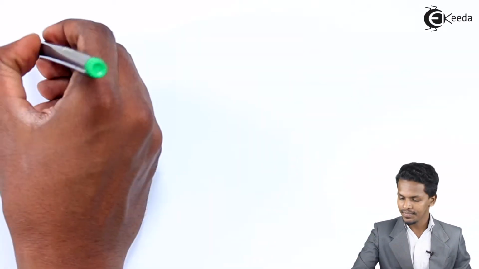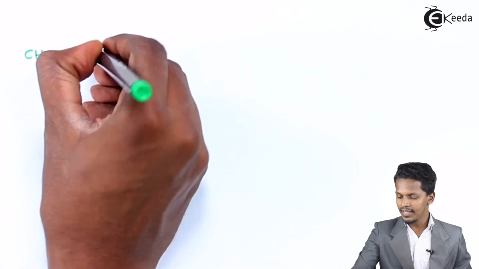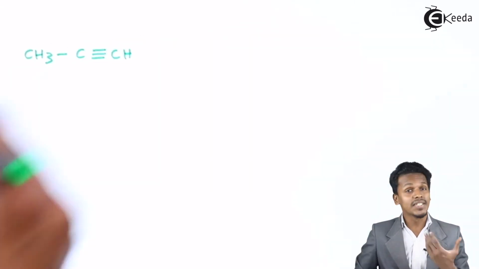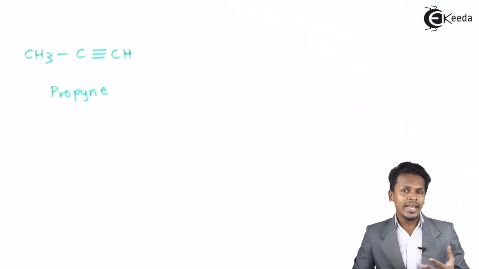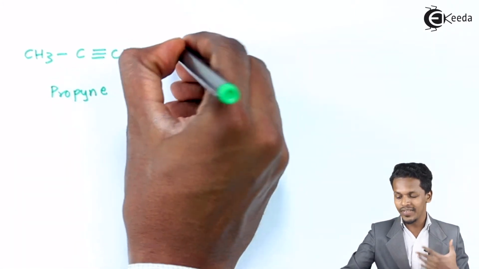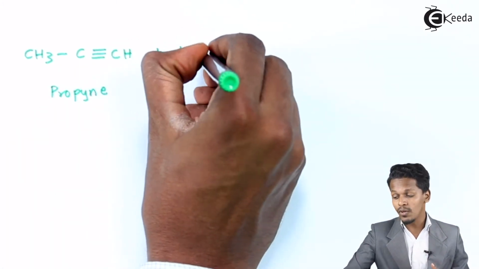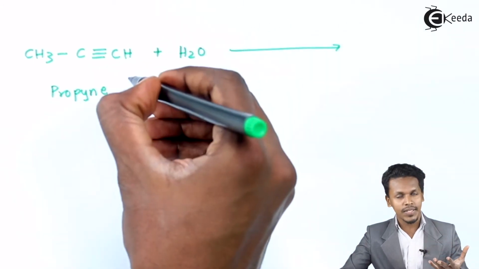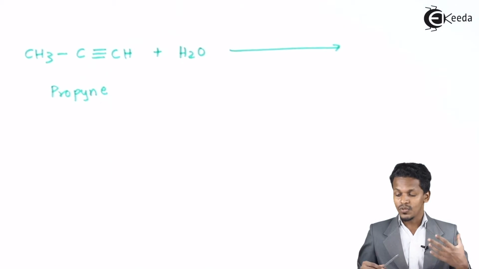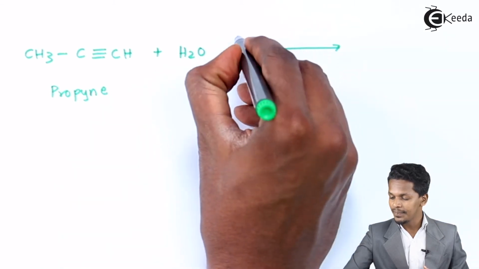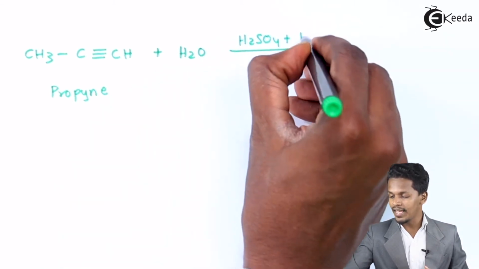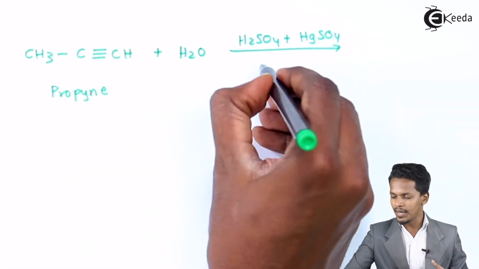What if we have to prepare a ketone? For that we have to consider a certain alkyne, and that is CH3 C triple bond CH, which is known as propyne. Suppose this propyne undergoes hydrolysis, that is, suppose we react propyne with water in the presence of the same reagents that we used for the hydrolysis of ethyne. So when propyne undergoes hydrolysis in the presence of H2O, H2SO4 and HgSO4, and obviously we have to apply a certain amount of temperature to this also,